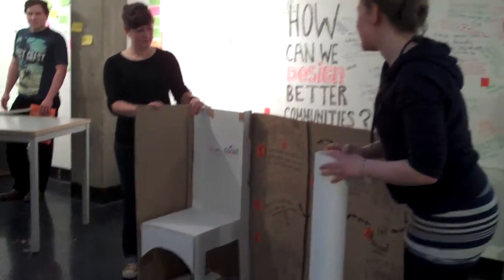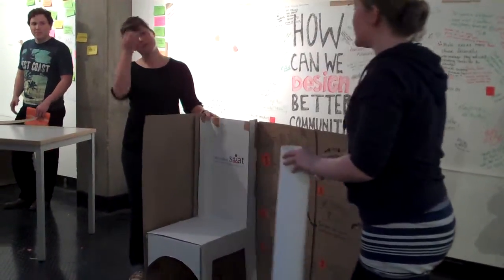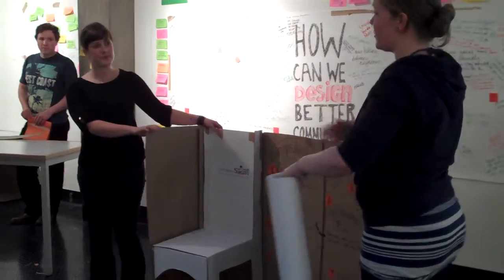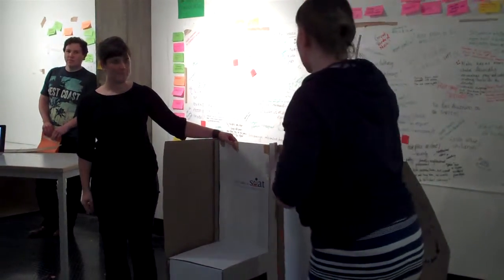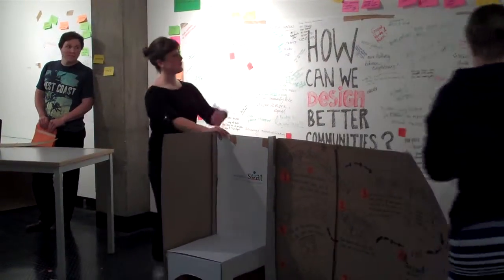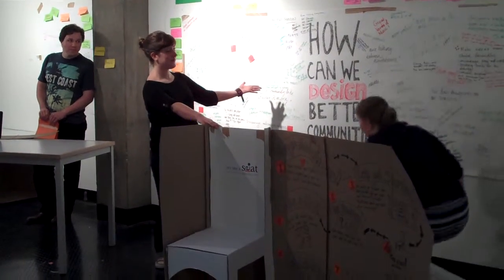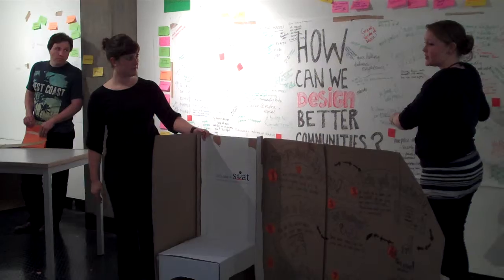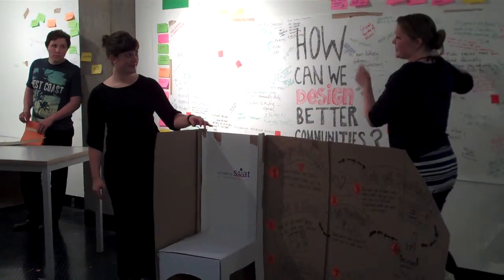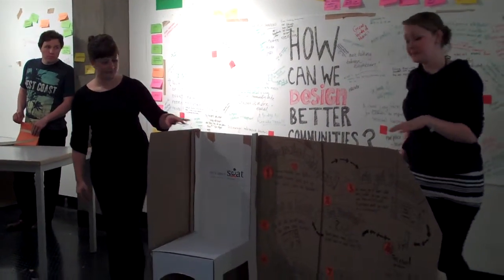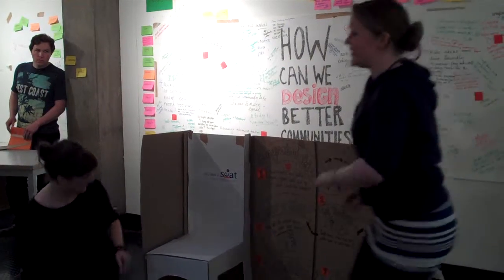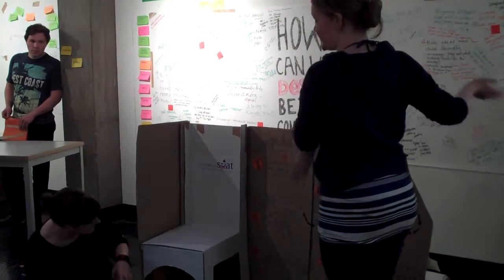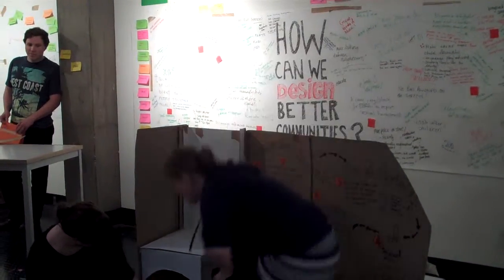So the first step is that you get your toolkit, and there's a member of our service there to help you through this process. You get your big piece of paper, which gets rolled out into being this, and as your community, you get in and you start writing down your issues and your problems and solutions and what you need for your community. And then you take a seat and you discuss those problems, and then